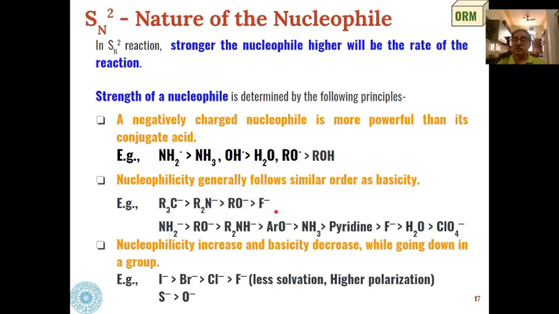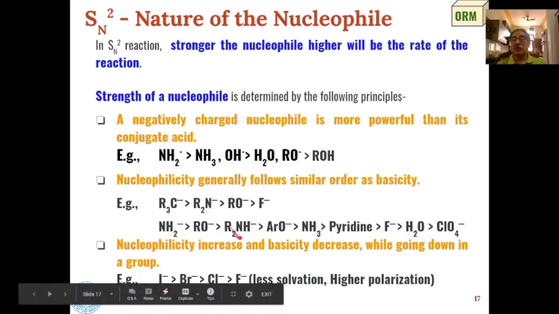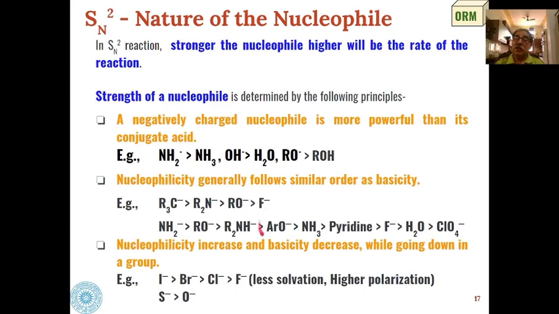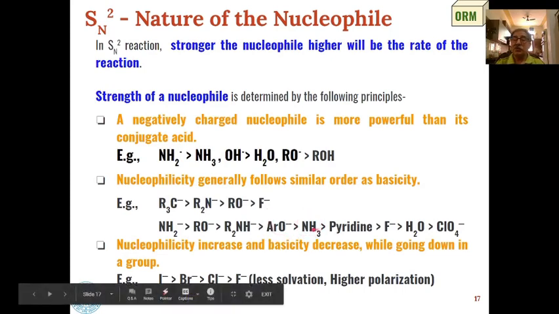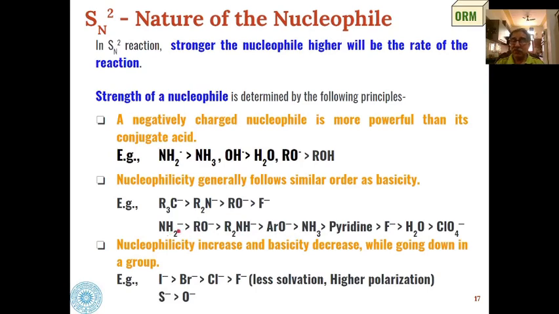Similarly, this is the order for various types of nucleophile. Amide ion will be a better nucleophile than alkoxides. These will be better nucleophiles than dialkyl amides, secondary amine nucleophiles, and aryl oxides than ammonia. All these are better because they are negatively charged nucleophiles, whereas these are nucleophiles which only have a lone pair of electrons. So this is the order of decreasing strength of nucleophilicity of these nucleophiles.